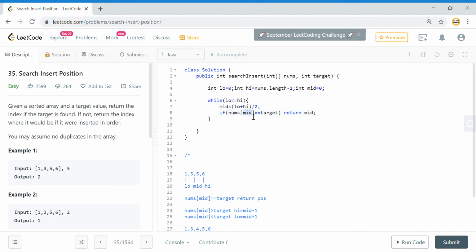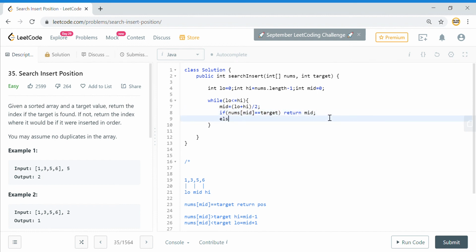Else if nums of mid is greater than the target, I will adjust the high position, so high will be mid minus 1.